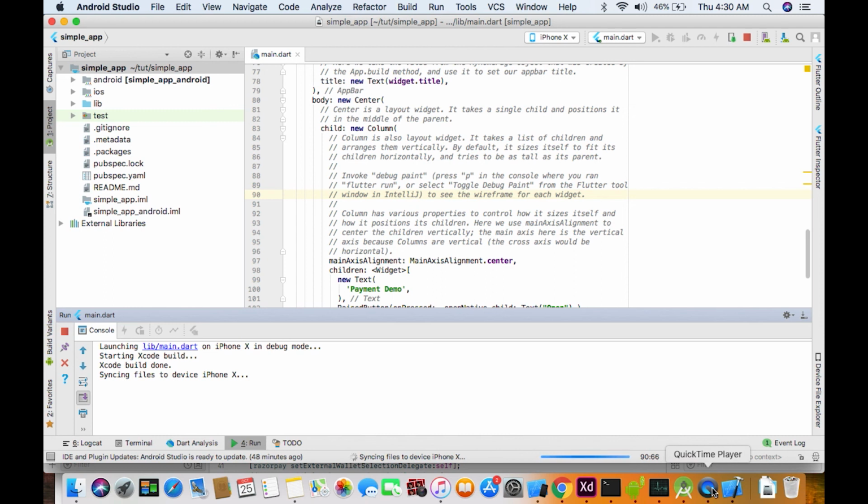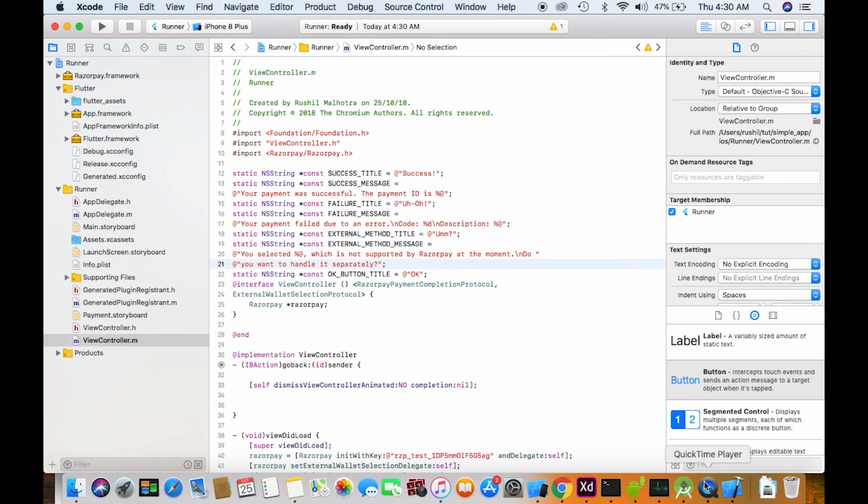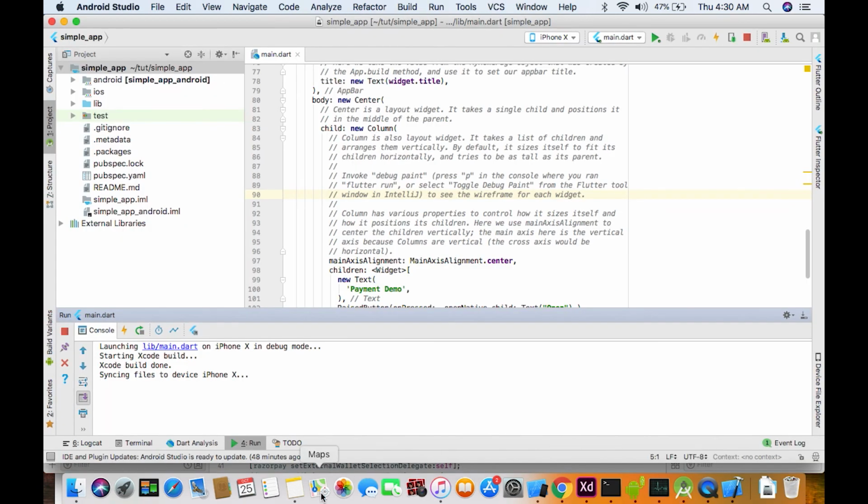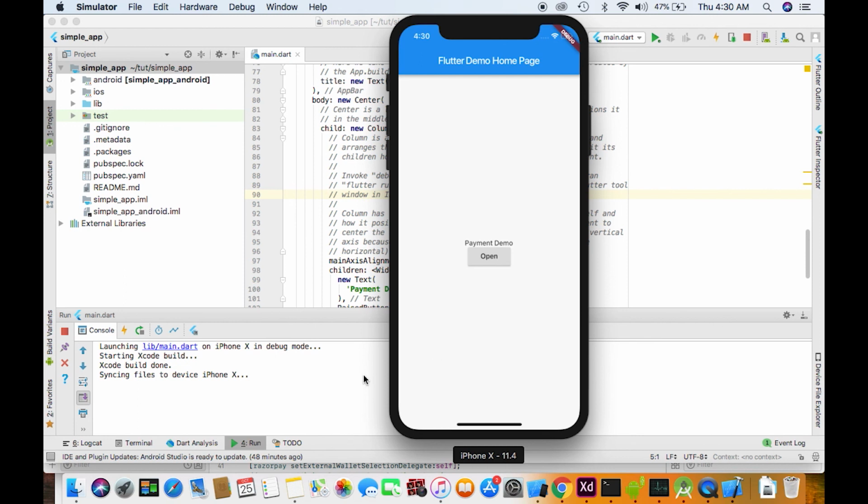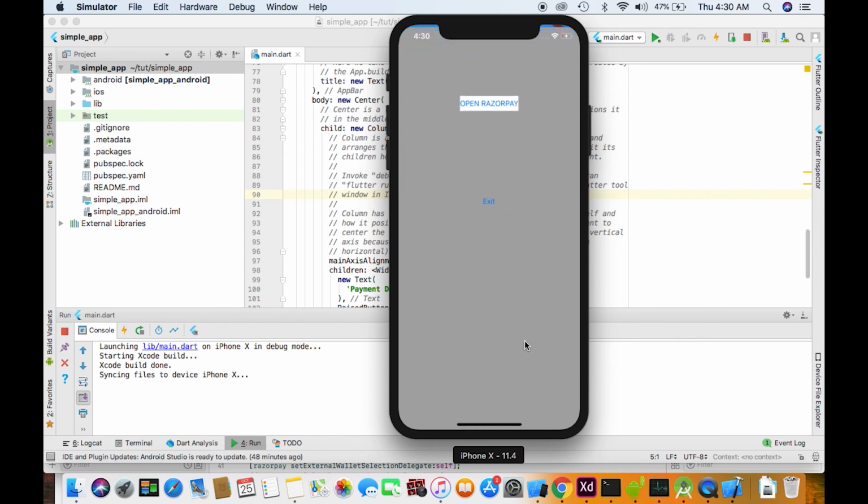Okay, the syncing files have started. Let us see. Yep, I hope this is it. I'm not sure, I did not terminate the last one, so I think this is it. Now if I click open recipe, it should be 500 rupees. If it's not, syncing files is still running. Yes, it's 500 rupees. Now if I close it, oh, the payment failed. Payment cancelled by user. So everything is available.